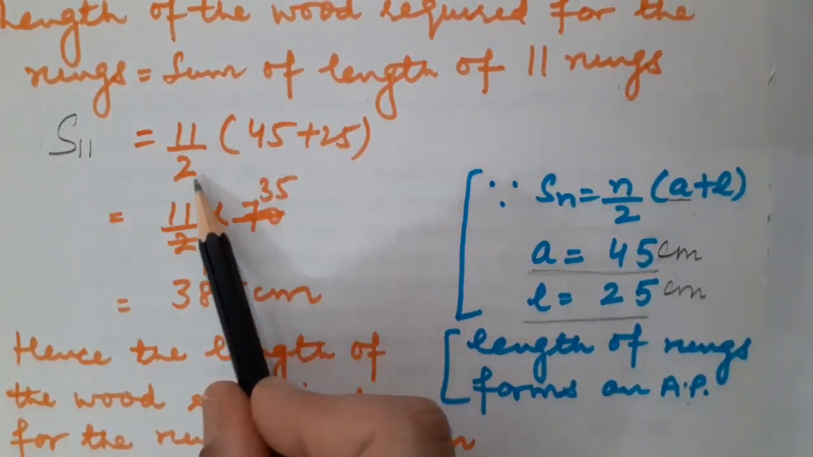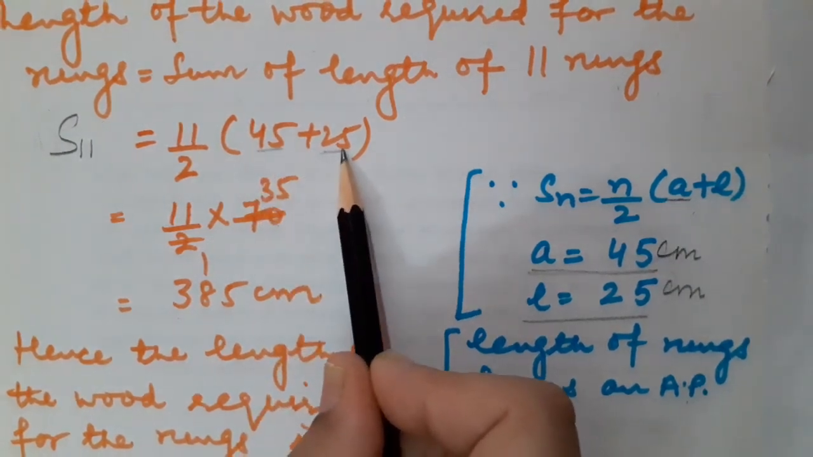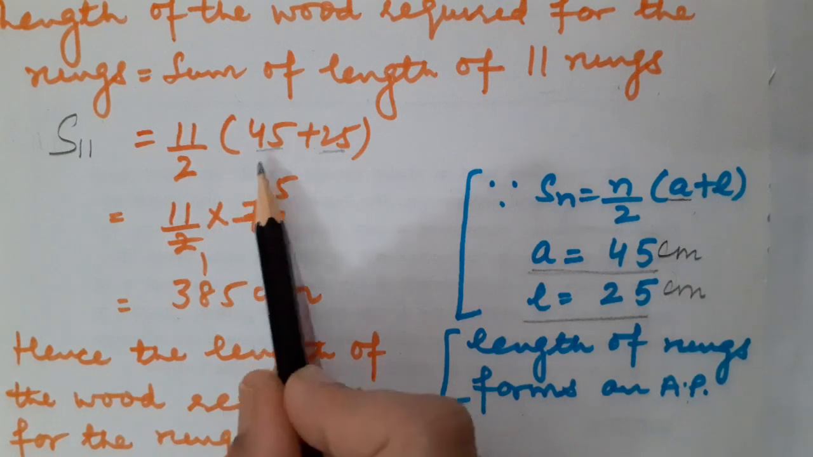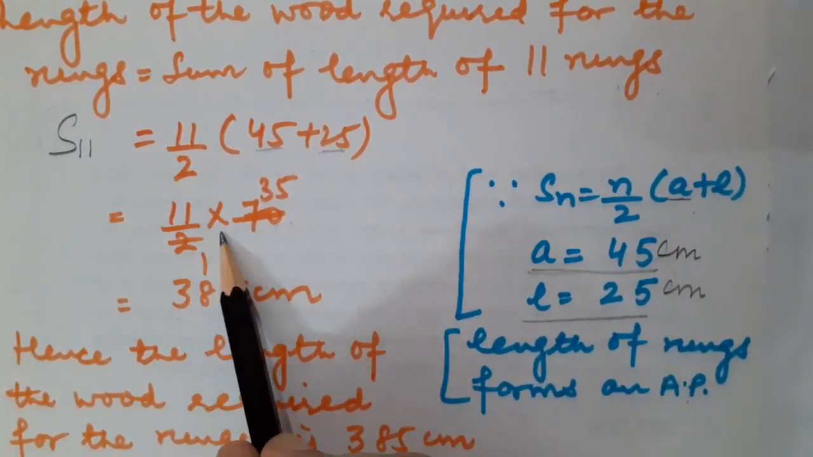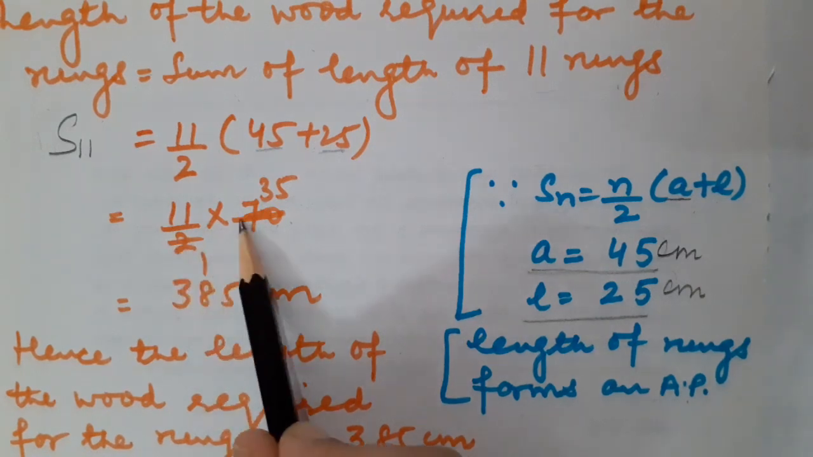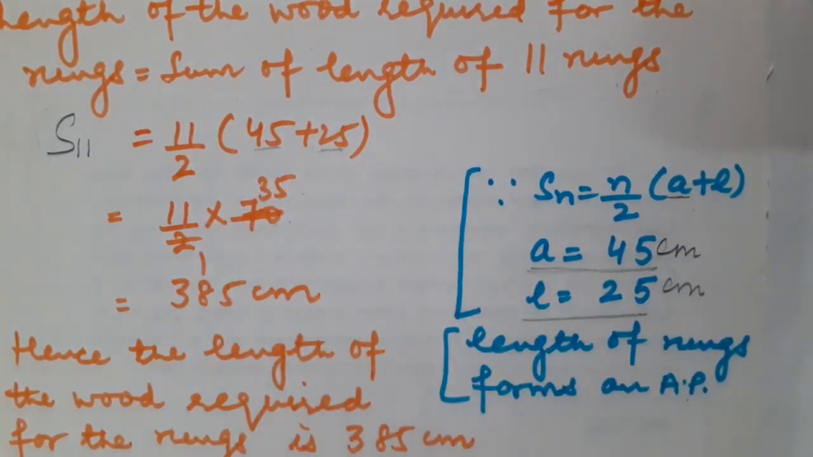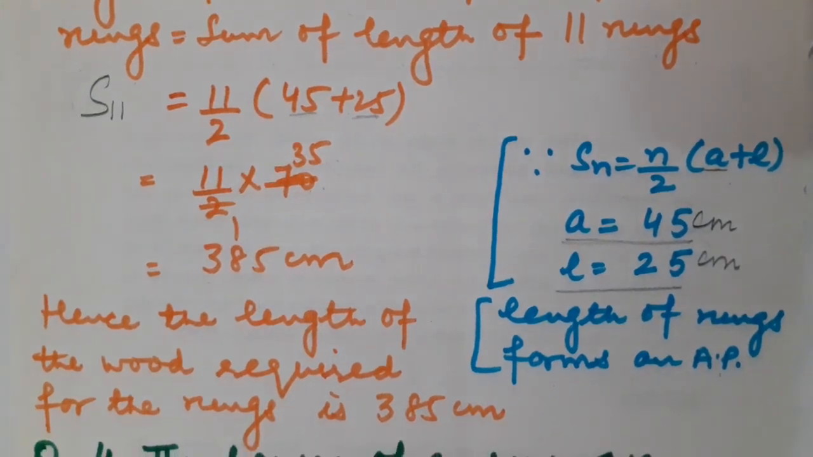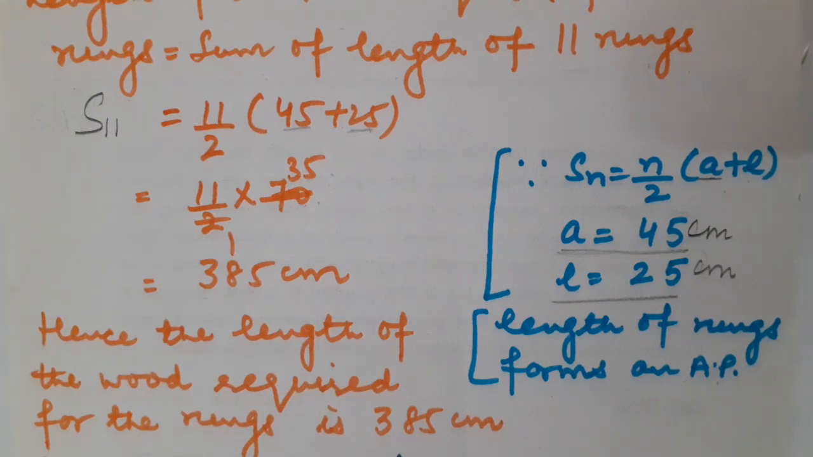It would become 11/2 into, what is this? This is a plus, this is last term, that is 25. So 45 plus 25 will give you 70. It would be 11/2 into 70. 2 ones are 2, 2 35s are 70. 35 into 11 will give you 385 centimeters. Fine. So hence the length of the wood required for the rungs is